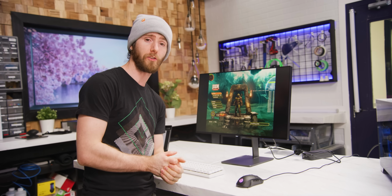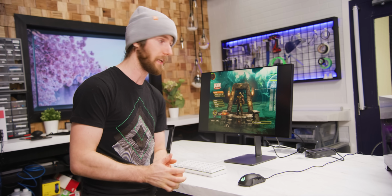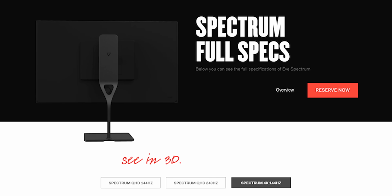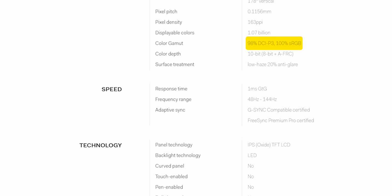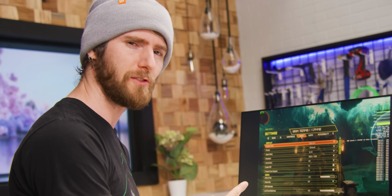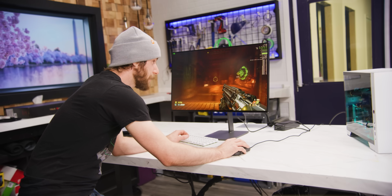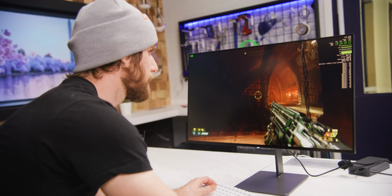They've still got some work to do with apparently the Blur Busters folks, which is somewhat promising to me, to get their motion blur reduction really down pat, and they claim these monitors will be calibrated at the factory for delta E's of less than 2 in P3 standard and at a D65 white point. Spoiler alert, if this is supposed to be a delta E of less than 2, we don't seem to be quite there yet. HDR performance is apparently something that they're still tweaking, and some good news is that I don't